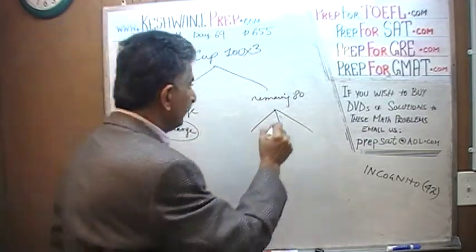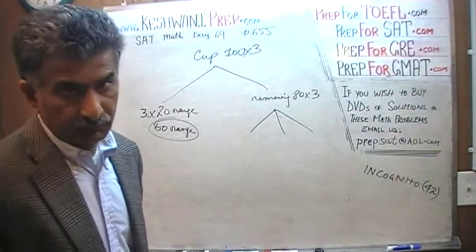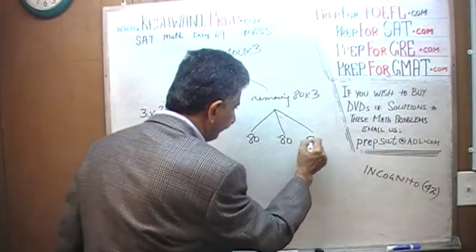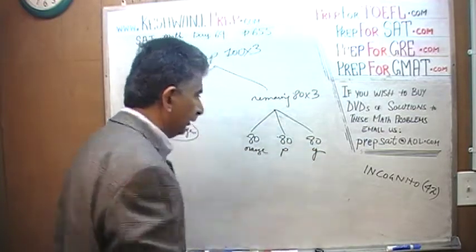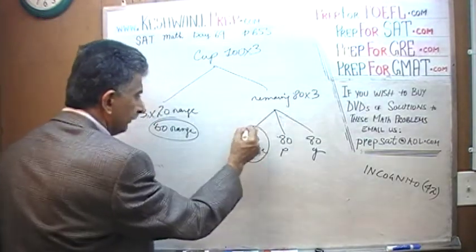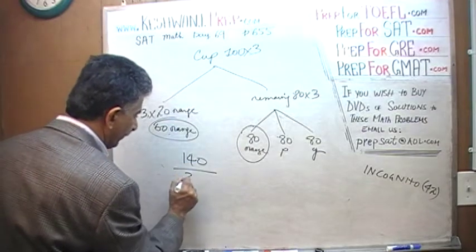And then instead of 80, we have 80 times 3, 240. So now each of these parts is going to be 80. And here is your orange, here is your pineapple, and here is your grapes. The question is, how much orange juice do we have in total? We have 80 units in this one, and then 60 here, so we have 140 out of a total of